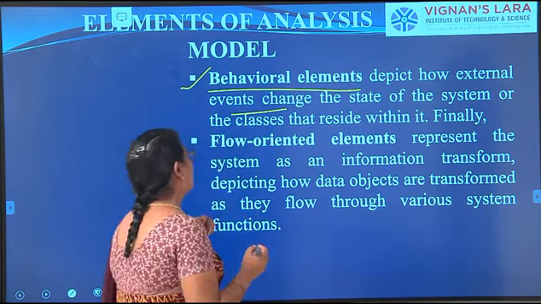When the user is interacting with the system, what sequence of activities goes on within the system, and how the system acts according to the user. For this we have to take some use cases.